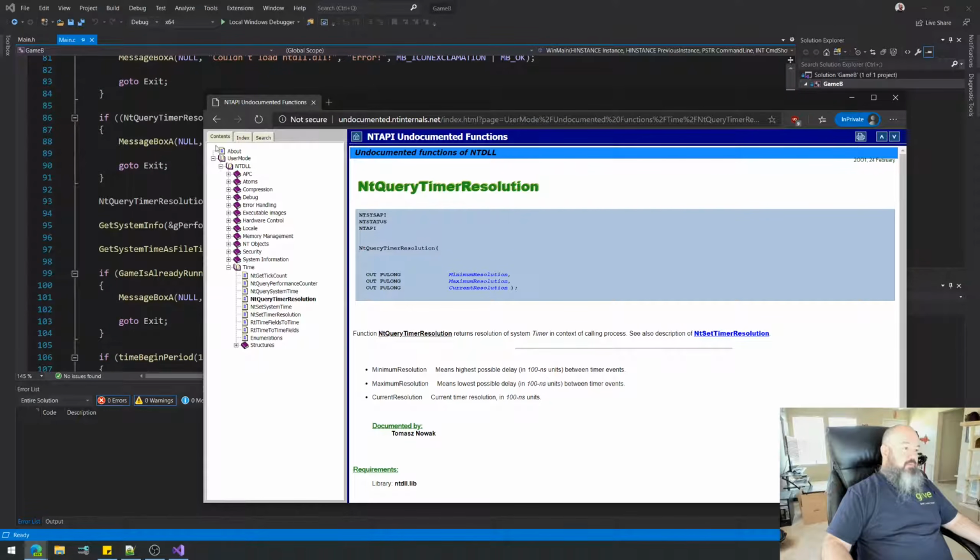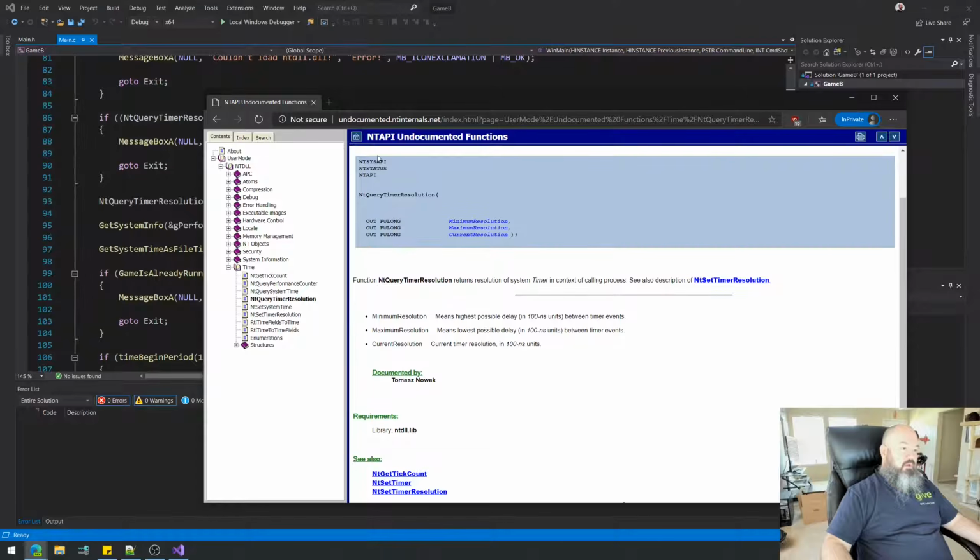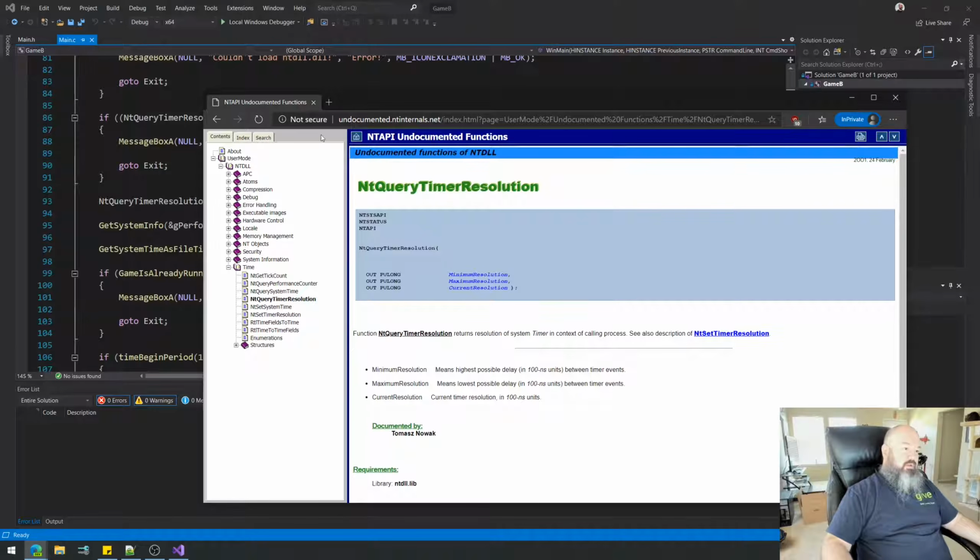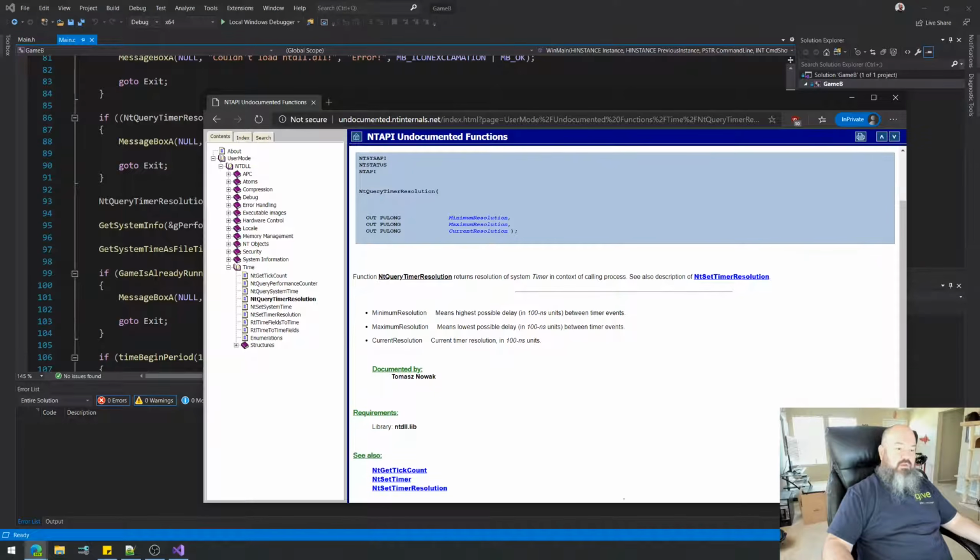But look how awesome this website is. I love the website design. It's designed like an old school Windows 3.1 or Windows 95 era help file. It's really cool. But anyway, this is unofficial documentation. This is not documentation from Microsoft. It's an undocumented function that we're using, and yes, it